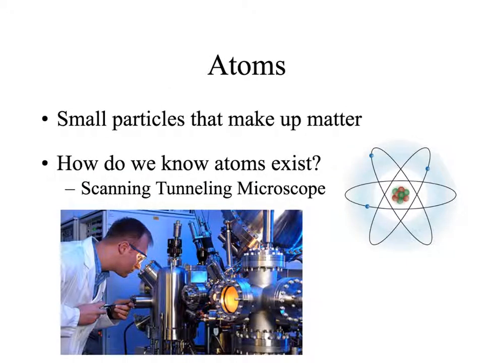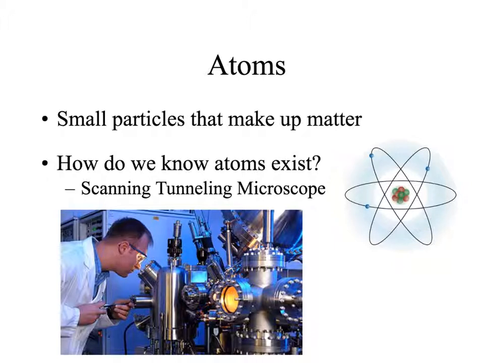The smallest parts of matter are basically atoms. They make up everything, and the atom for a long, long time wasn't really known. What does it look like? What are the parts? And is it really existing? But now that we have things like scanning tunneling microscopes and many more up-to-date technologies, we can actually get electronic pictures and digital images of atoms to know that, yes, all matter is made up of these tiny little particles